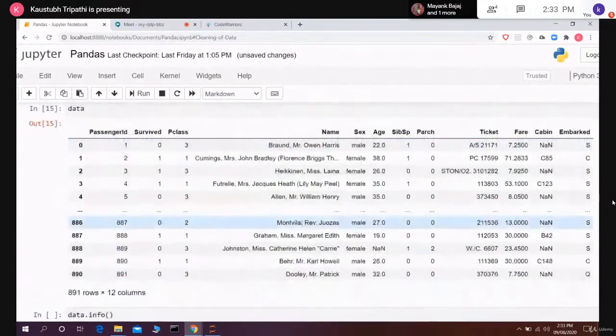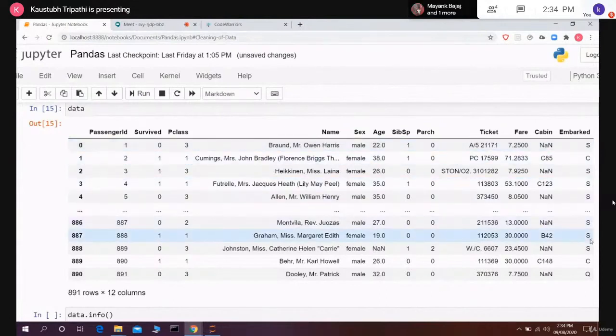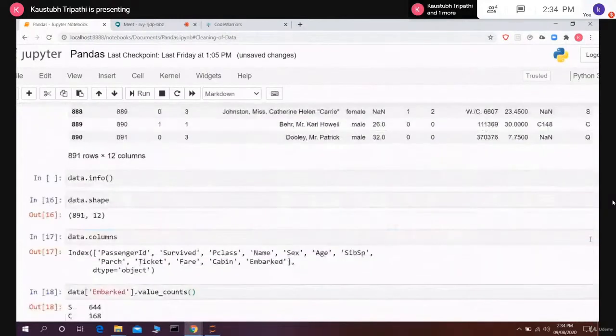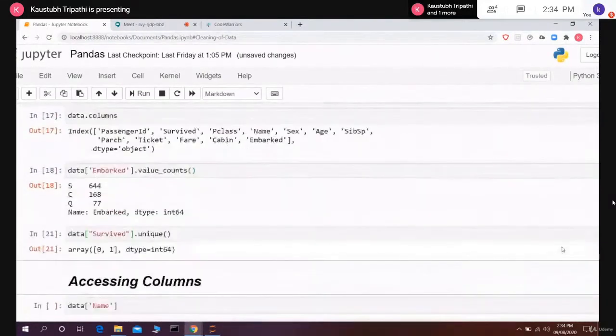Now we can't apply this on the name because everyone has a different name. So we will get 891 values present over there. So there is no point of using it. There is no point of using it on the age, ticket, fare. So we use it on the classifier columns like survived, because there can be only 2 values, 0 or 1. Or sex, male, female, or embarked, S, C, or Q, the places from which that person boarded the ship. So these are all the